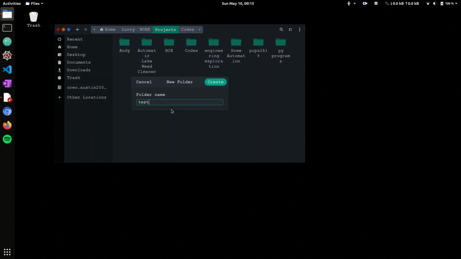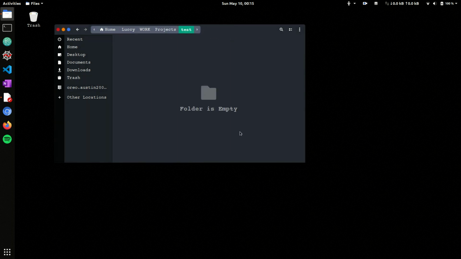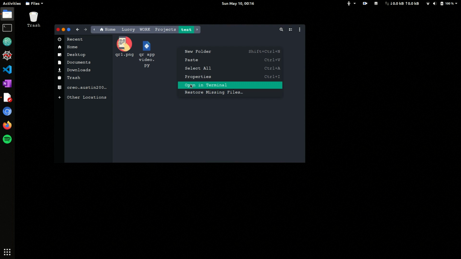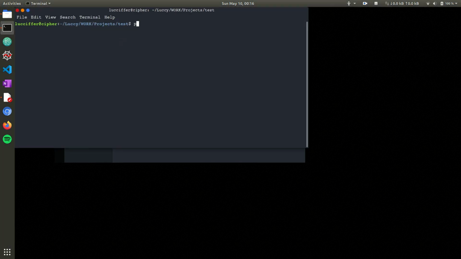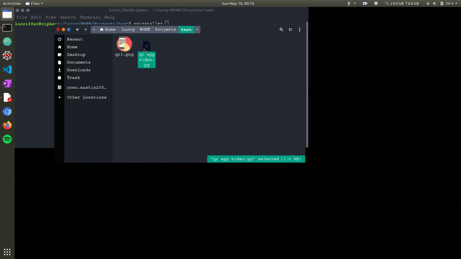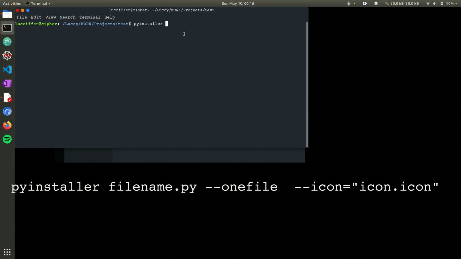I'll just name this folder as test, and I'll place them here, and I'll open a terminal from here, and I'll say pyinstaller. This is a command used to convert a .py file into an executable file in Linux. So I'll just use this pyinstaller command, and I'll rename this for simplicity as qrapp.py. Remember not to change the extension of this source code, keep it as it is, qrapp.py,